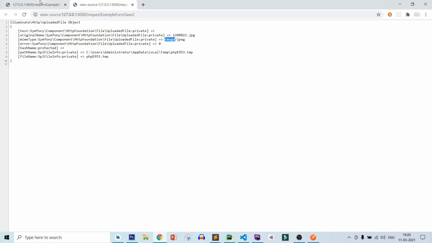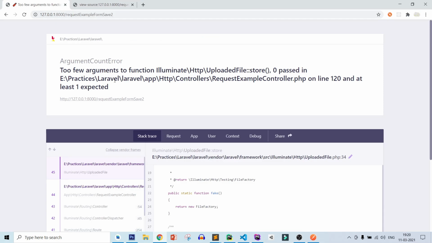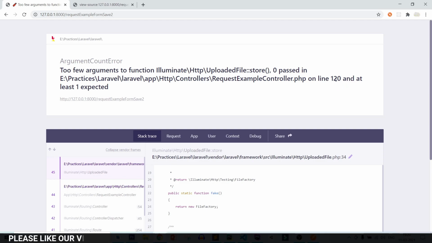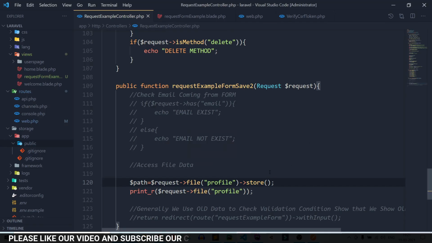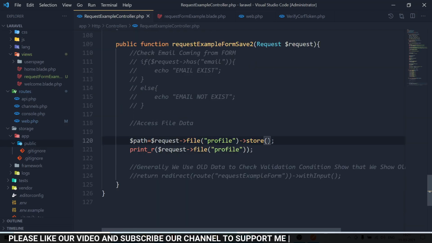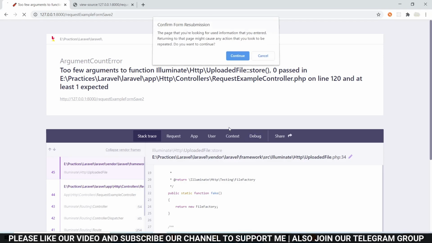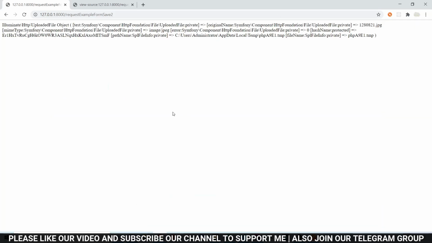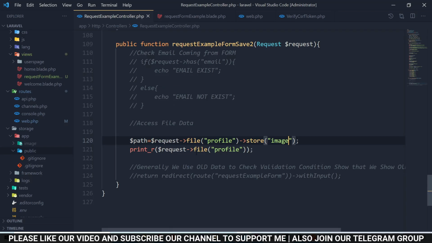After that, let's refresh the page. Click on continue and you can see it is showing too few arguments. So let's correct it on line number 120. Here let's pass the path image, refresh the page, and I think it will be saved in our image folder.